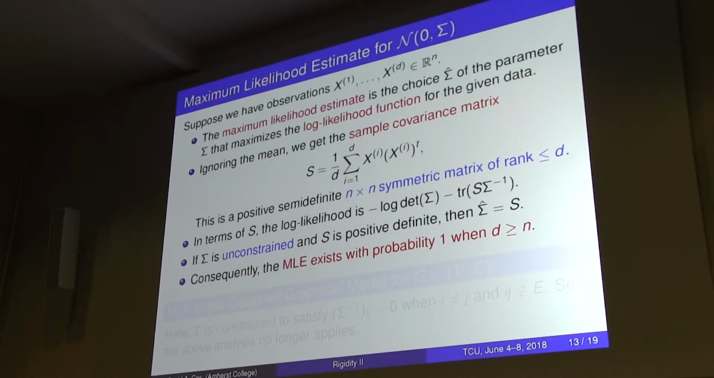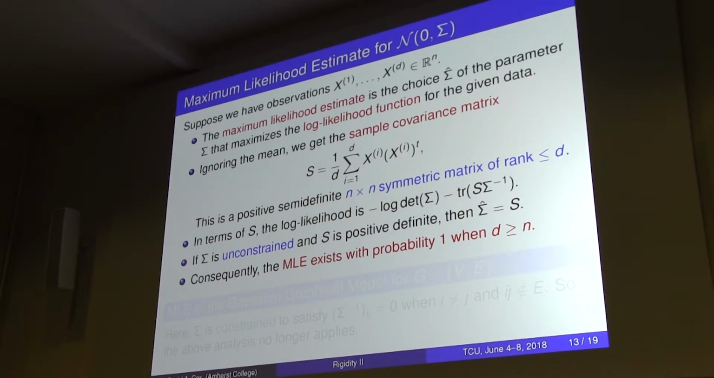Now, one thing you're interested in is the maximum likelihood estimate. First, let me do it in complete generality for the multivariate Gaussian normal distribution. The idea is you have some observations. The maximum likelihood estimate is a very specific choice of this parameter that maximizes what's called the log likelihood function of the given data. In a sense, you want to pick the sigma that best explains this data. And because we're ignoring means, the sample covariance matrix